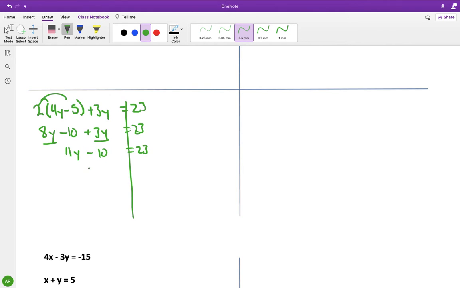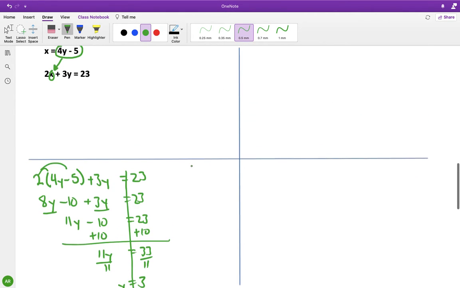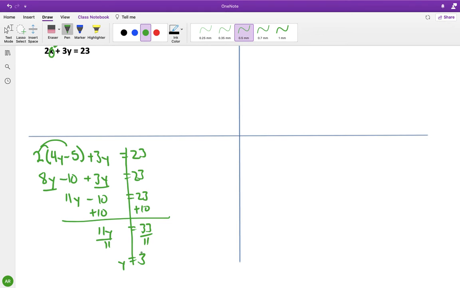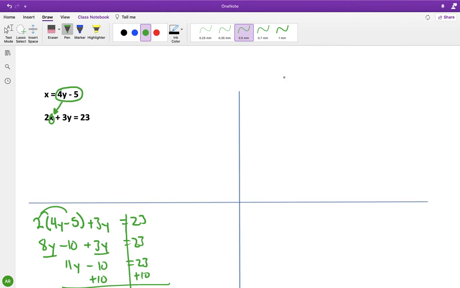Okay, now I want to move the constant, so I'm going to add 10 to both sides. 11y equals 33. Divide everything by 11, y equals 3. Okay, now we think y equals 3, so what I'm going to do is the same thing I did before. Last problem, I'm going to plug y equals 3, or the value 3, into the equation for y. So x equals 4, replacing that y with 3,